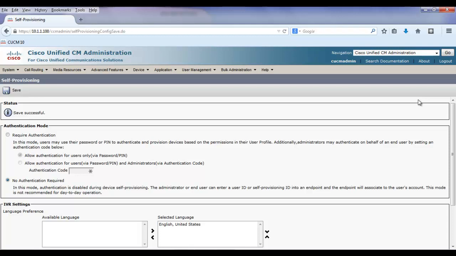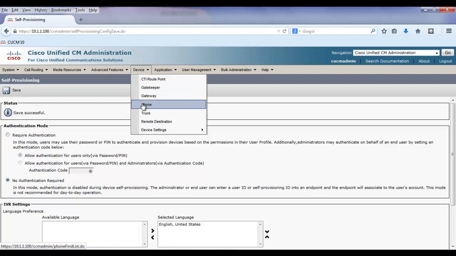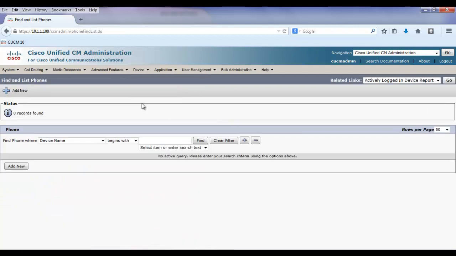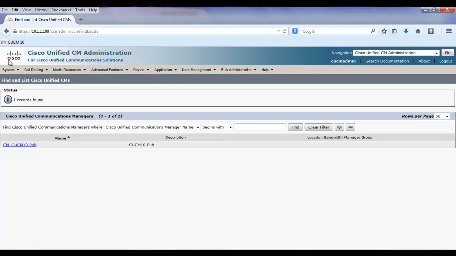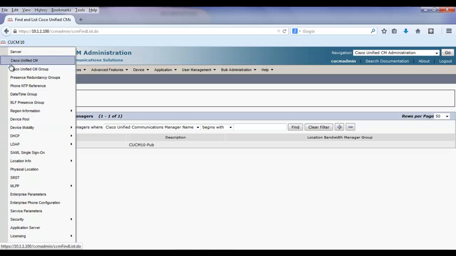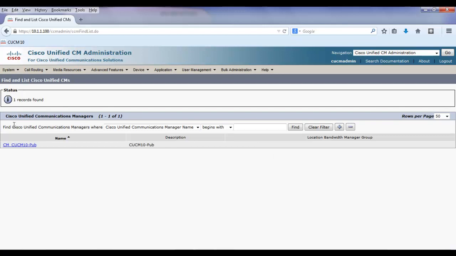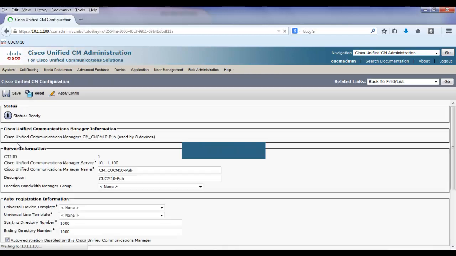Now that that's been configured, I need to get some phones added to the database so we can provision them. So the easiest way to accomplish this is going to be by using auto registration, and this is available under System, Cisco Unified CM. I'll click on the server that I want to use for auto registration